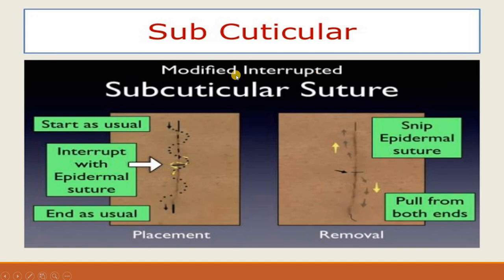You will see modified intracuticular subcuticular sutures. They start with usually an interrupted epidermal suture and end with the placement. This is the snipped epidermal suture. Okay, cover, pull from both ends. After that, remove.